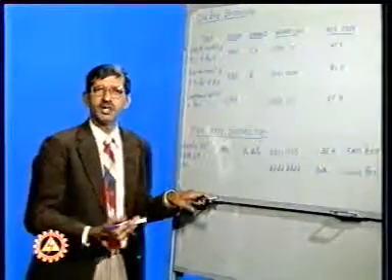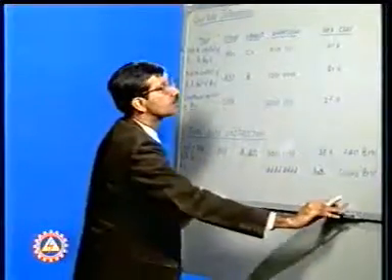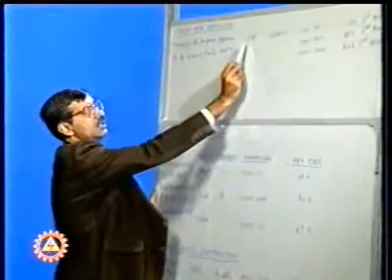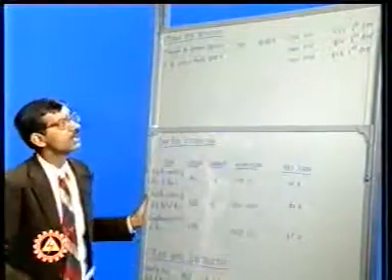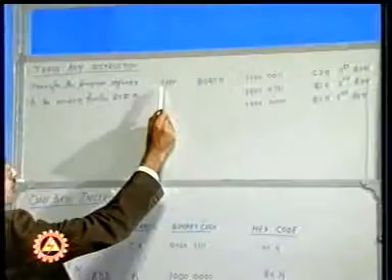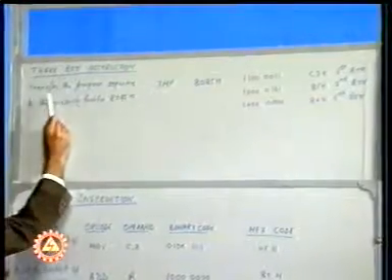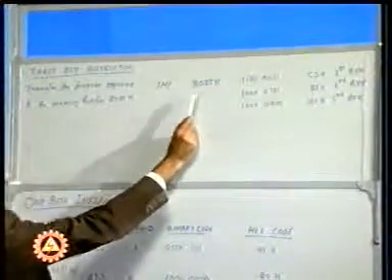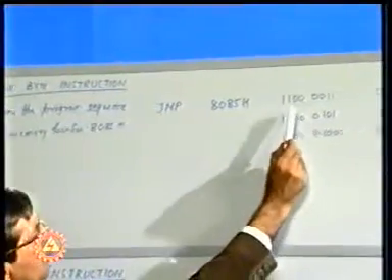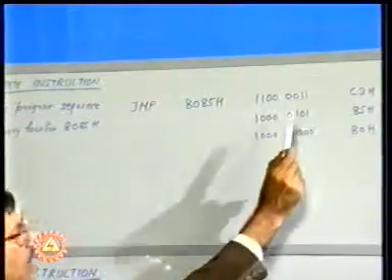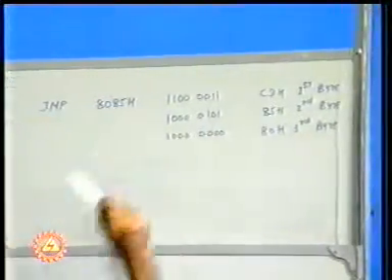The third type of the format which we have is the 3-byte instruction. In case of 3-byte instruction, the first byte once again corresponds to the opcode. In this case, we are using the opcode for jump. This means transfer the program sequence to the memory location. In this case, the memory location we have specified here is 8085H. The first byte is corresponding to the opcode, that is 11000011. The hexadecimal equivalent for the same is C3H.